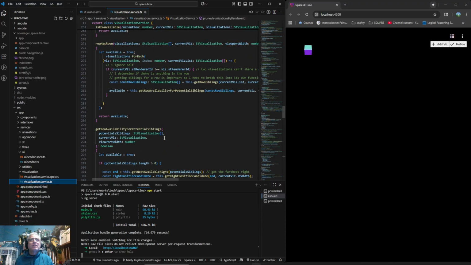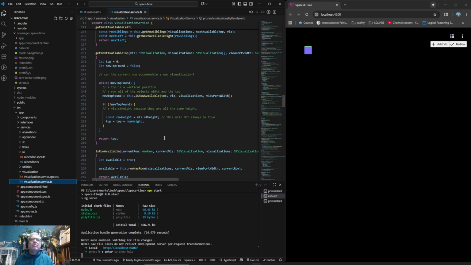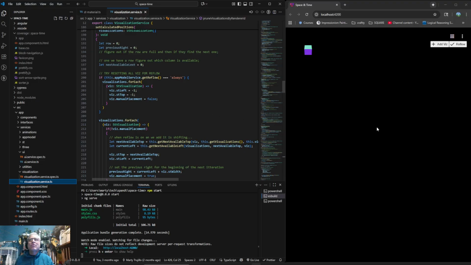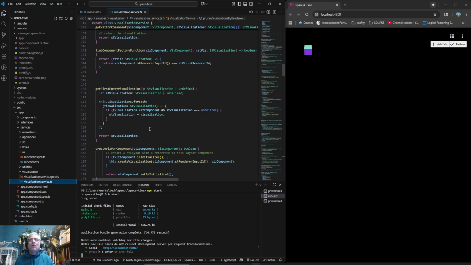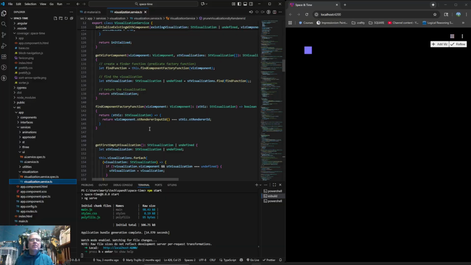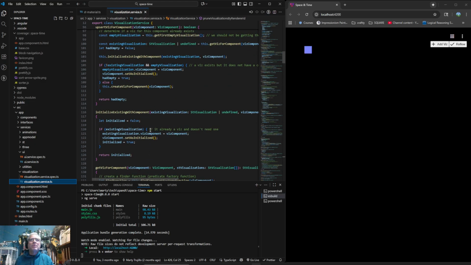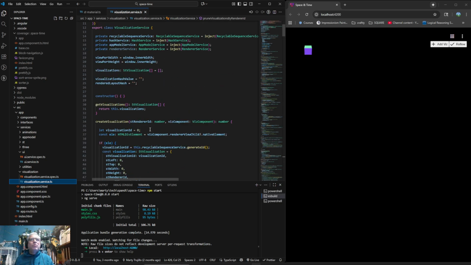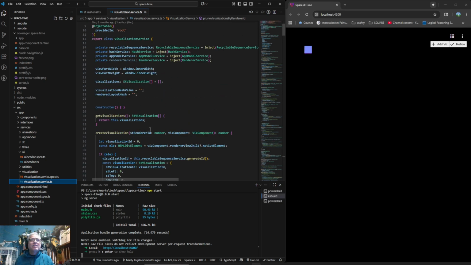Gets the visualization. Oh, this is for the layouts and stuff. Okay, so that's for the way things are laid out. Does that make sense to also be where we have a list of DOM elements or Angular components? Find component, get viz for component. Okay, yeah, so we're doing a lot of stuff with the actual component. This does seem like the right place to do this. So I do have a list of visualizations, but